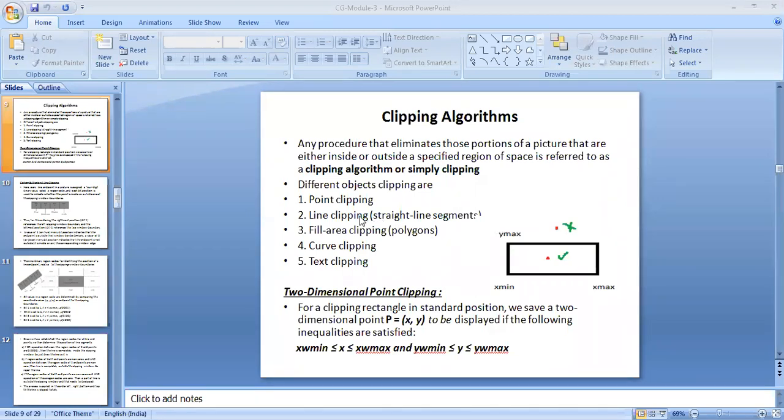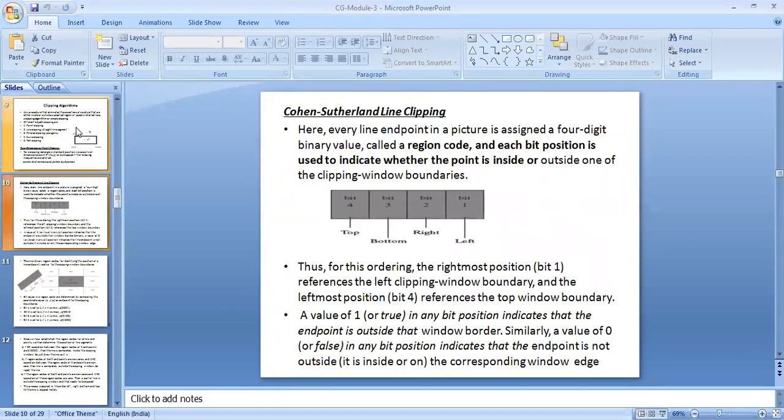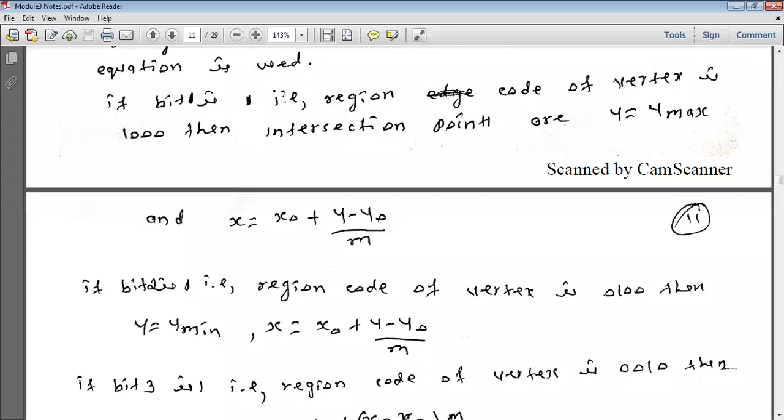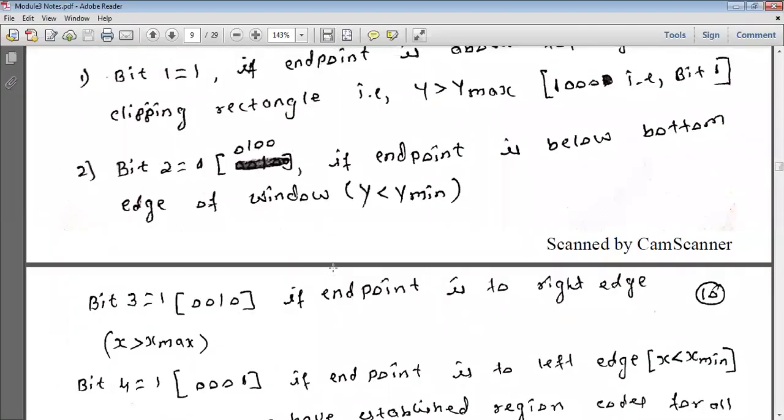So we have a separate algorithm for clipping a line. A part of the line or the complete line will be clipped at an instant, so I need not clip each and every point in that line. That is the next thing we will be discussing, which we call line clipping. We shall see what are the different types of constraints that may come in our line clipping, and what are the different things that I need to do.